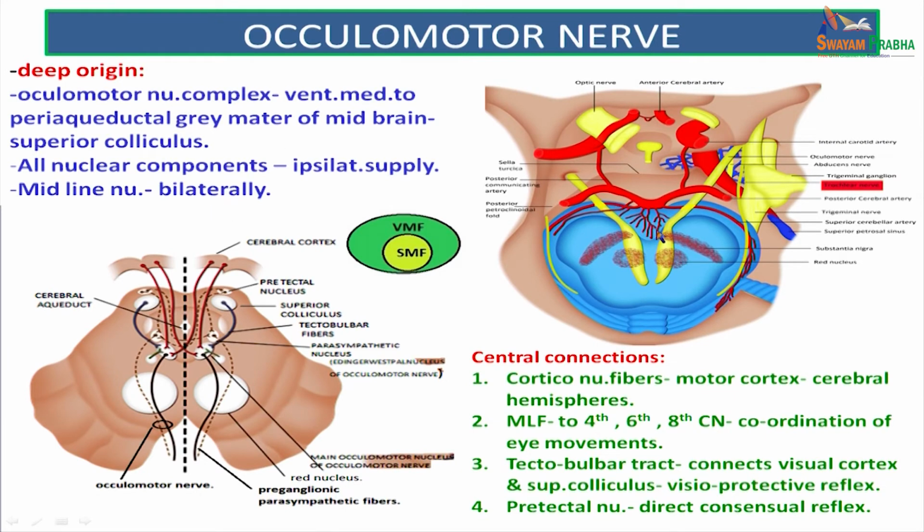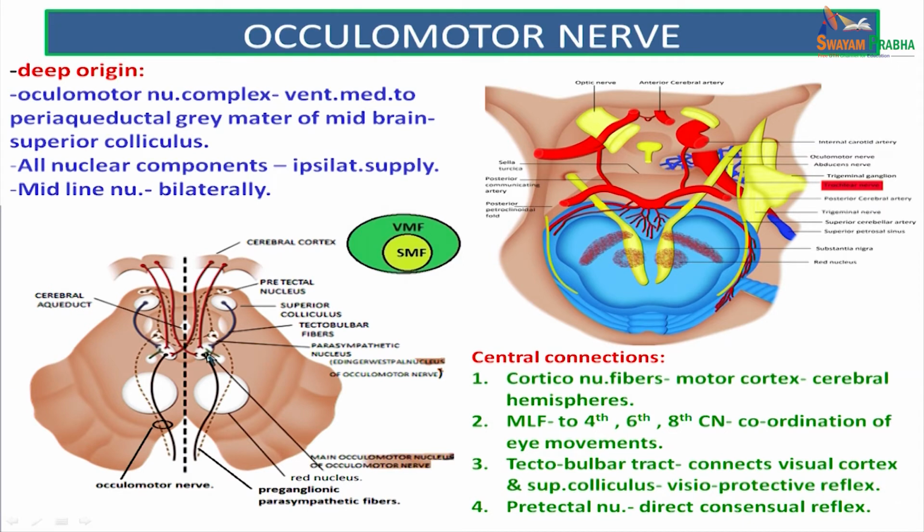Coming to the deep origin of the oculomotor nucleus, the oculomotor nucleus is ventromedial to the aqueduct of the grey matter at the superior colliculus level. All the nuclear components have ipsilateral supply except the midline nucleus, which has bilateral supply. The central connections are the corticonuclear fibers from the motor cortex of both cerebral hemispheres, which are relayed into both